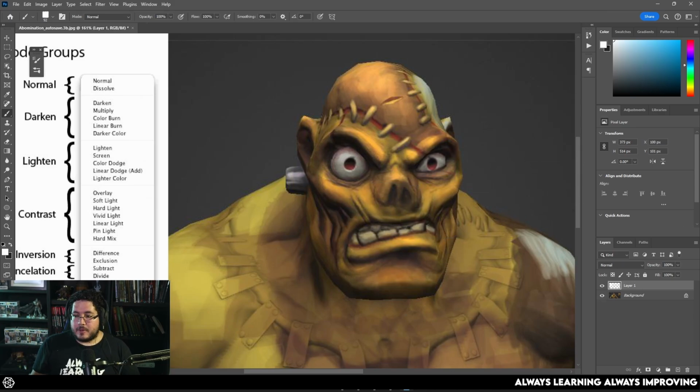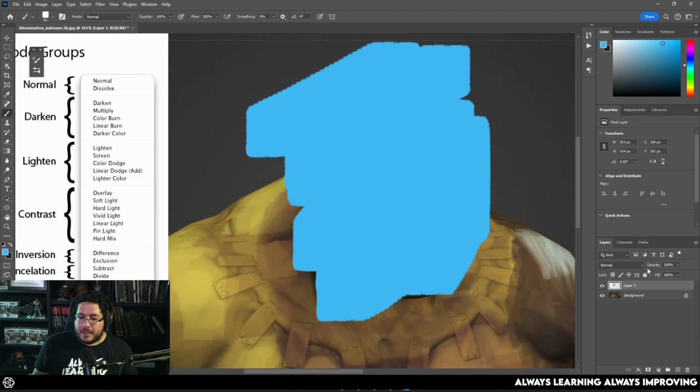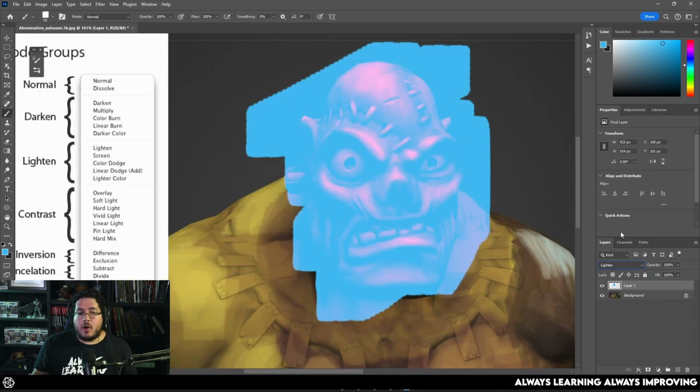Now we're going to jump to the lighten section, which is this one right here: lighten, screen, color dodge, linear dodge, and lighter color. As opposed to what we just saw with the darken colors, the lighten ones will give you the opposite. They will push the light colors up. So if we, for instance, again grab a light blue color over here, and we set this to lighten, we are going to get most of the light colors on the top. So we're going to blend the colors, and it's going to pick the colors that are lighter on the scene.